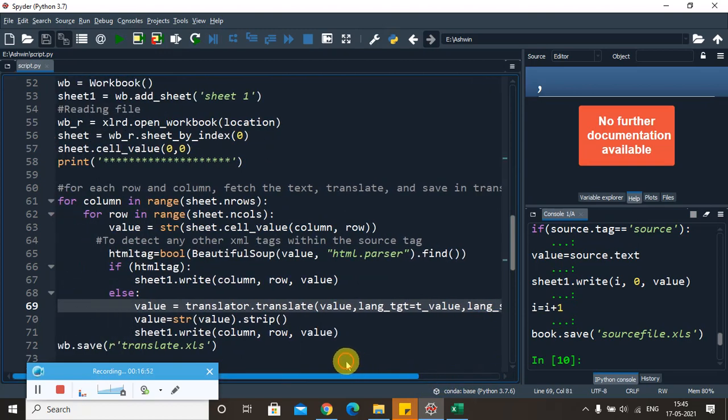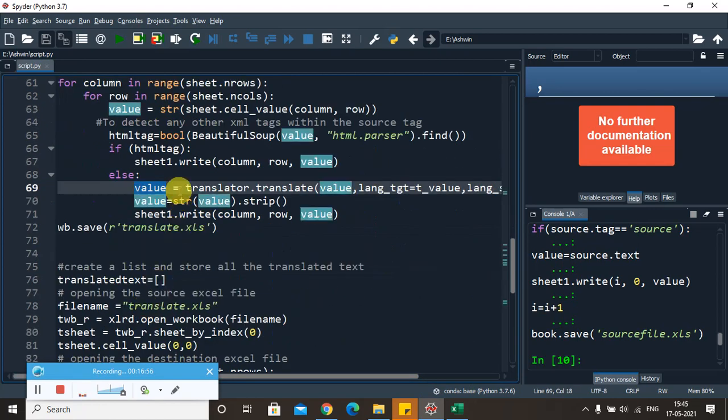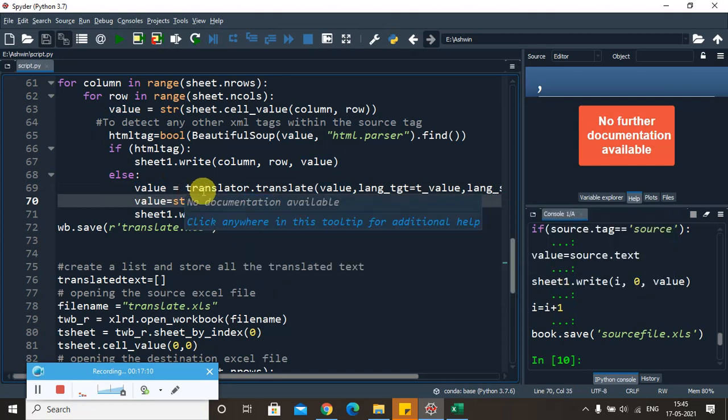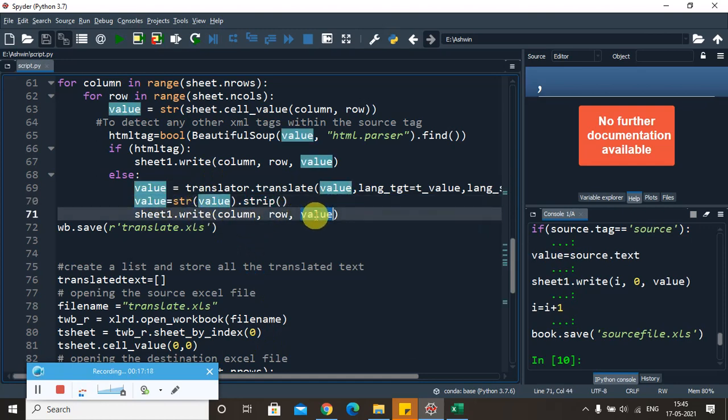Based on that it will translate and store that value in a value variable. Now usually after translation you may get one single space after that text. To trim that value I'm using this method called strip. It will trim the value, remove all unnecessary spaces, store it in a value, and that value I store in the sheet.